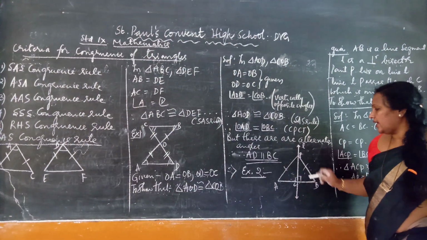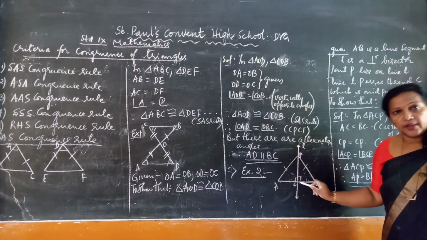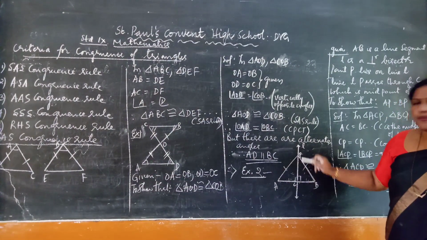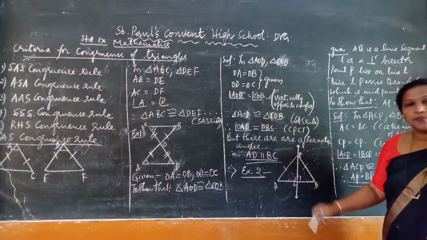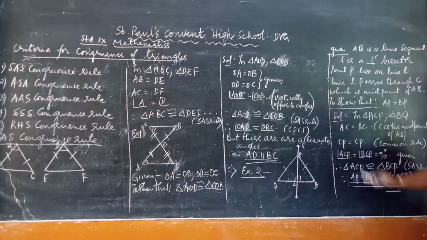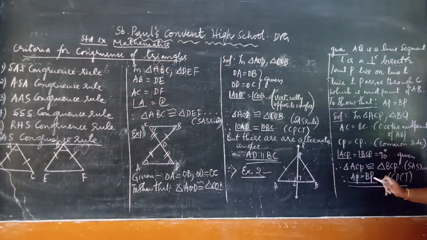In triangle ACP and triangle BCP, AC is equal to BC. Why, you tell me? Because C is the midpoint. Then angle ACP is equal to angle BCP is equal to 90 degree because this is perpendicular bisector. Then CP is equal to CP because it is a common side. 2 sides and one angle are equal to the corresponding sides and the angle. Therefore, 2 triangles are congruent. When you say 2 triangles are congruent, the remaining sides will be equal. That is, AP will be equal to BP. Finished. It's very easy, children. You can solve the exercise problem by yourself.